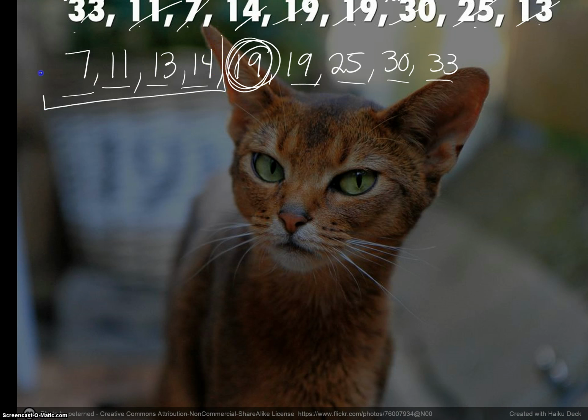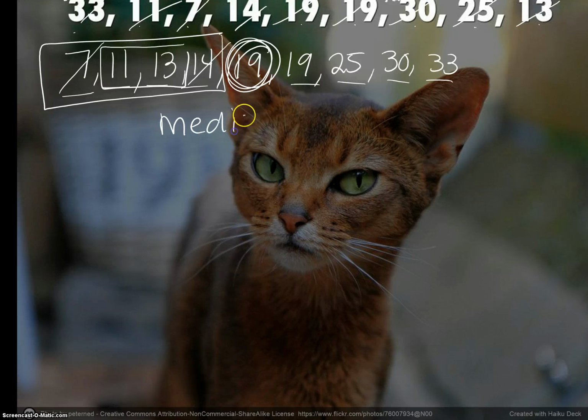From there, I'm looking at my left-hand box, and I'm going to find my middle number here. It's a little more tricky now because I have 2 numbers in the middle. Well, what do I do when I have 2 numbers in the middle? Well, I'm going to first write down that my median, or Q2, is equal to 19. I'm trying to find Q1,